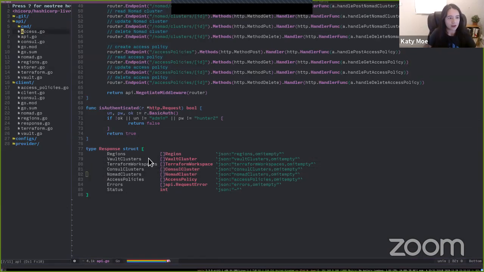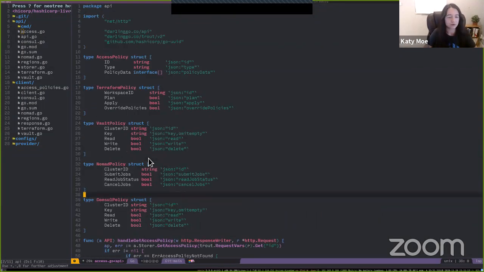All of these have access policies. So for example, your Terraform access policy, which you can think of as like an IAM or profile or something like that, might be different to your Vault access policy. And as a user, you want to be able to set the appropriate one.